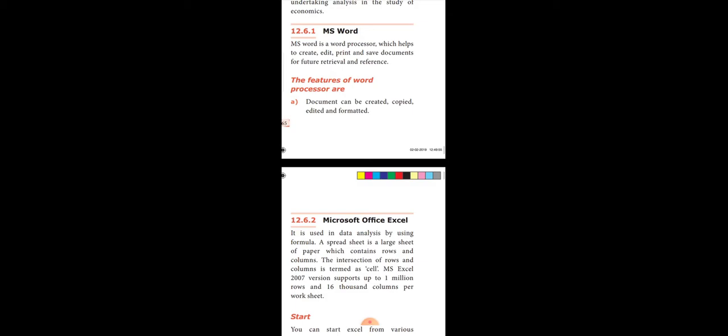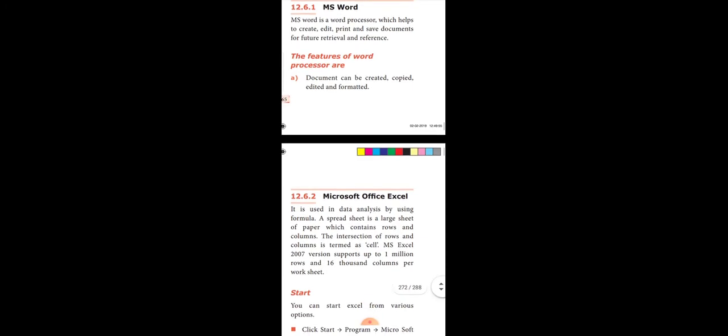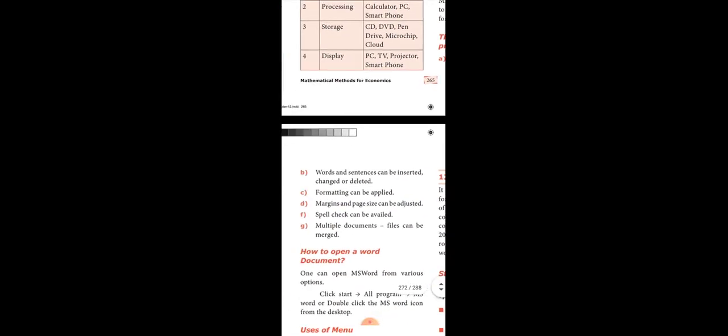MS Word is a word processor where using MS Word we'll be able to create documents. We can edit the created document, we can print the documents, and we can save the documents for any retrievals for getting the information in the future. And we can also use it as a reference. The document can be created, copied from one place to another, and edited in the designed format.